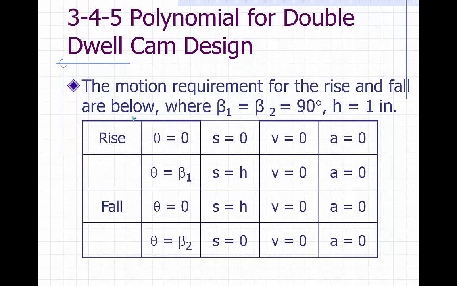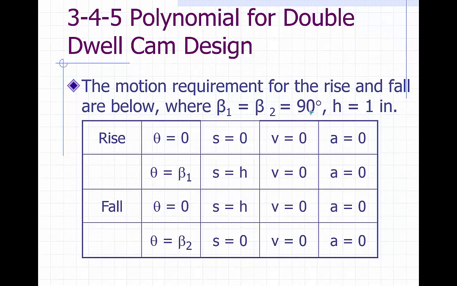We're going to use a polynomial for our rise and another polynomial for our fall. Again, we do not need polynomials for the dwell portions. During the dwell, no function is needed because the values simply remain what they were at the beginning of the dwell. The motion requirements for the rise and fall are shown below in this table, where beta 1 and beta